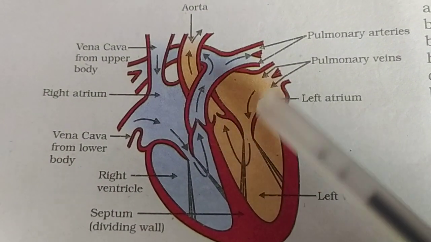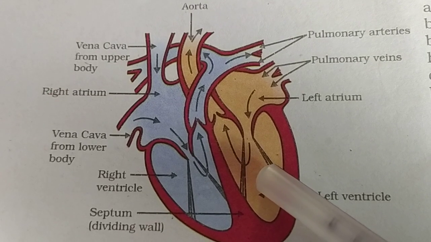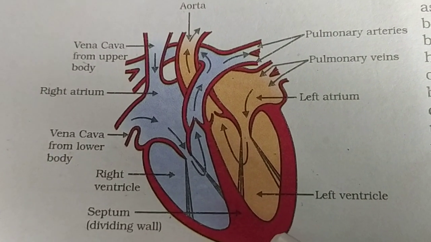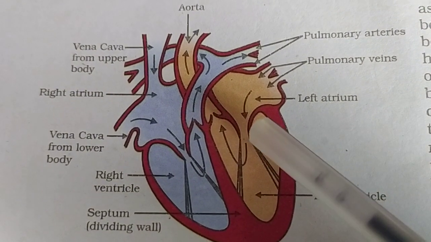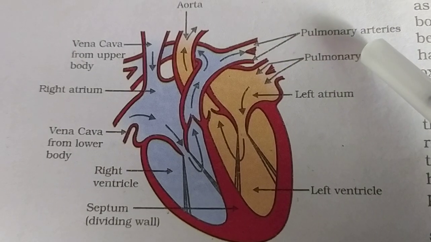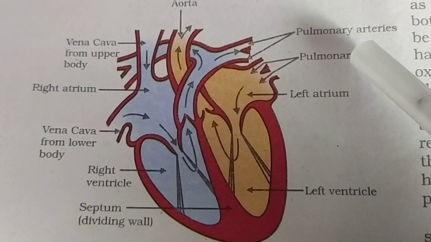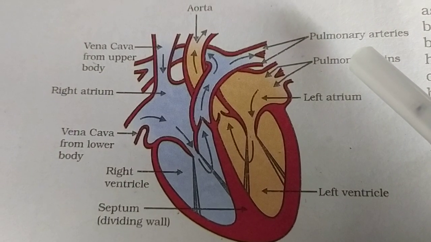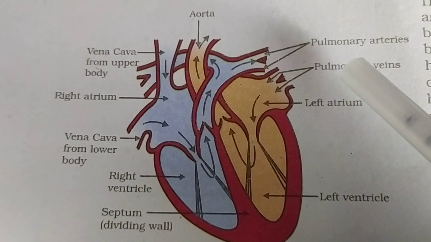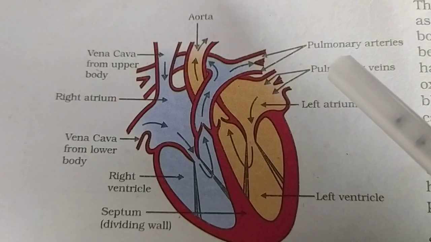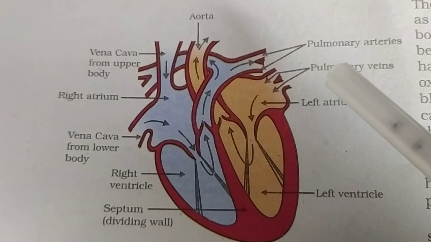We have studied that it is a four-chambered organ. This heart is just a muscular organ. It has no bones. As it is a muscular organ, the contraction and relaxation of the muscles is possible, and the working of the heart is just because of the relaxation and contraction of the muscles. When it relaxes, the blood enters the heart, and when it contracts, the blood goes out of the heart.